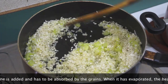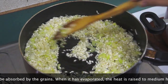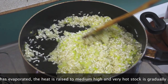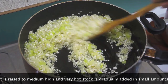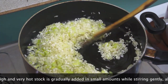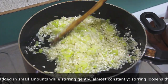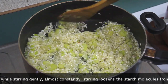Now on this same heat, what we're going to do is toast the rice. So we're just going to turn it over. What's happening now is we're getting the butter and the olive oil mix all over every grain, and this will take about 60 seconds, 90 seconds. You don't actually want to toast it in any way. It's called toasting, but you're not actually toasting it. We're just getting a little bit of our oils on there,